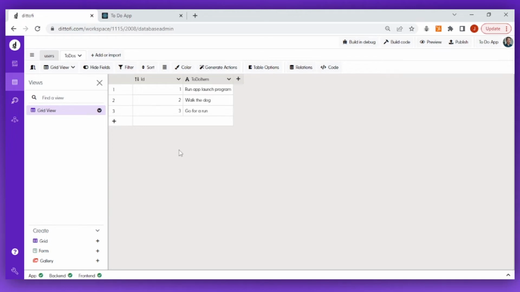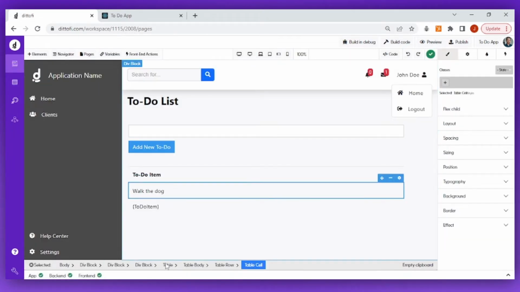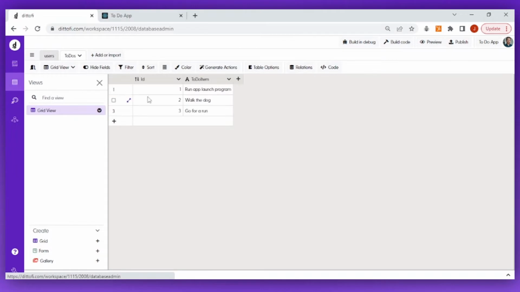In this tutorial, I'm going to show you how to get this collection of to-do records out of this table and display this data on the front end of your app in this table. To get a collection or list of to-dos out of this table on the back end of your application and then display this list on the front end of the application, we can use the get to-dos front end and